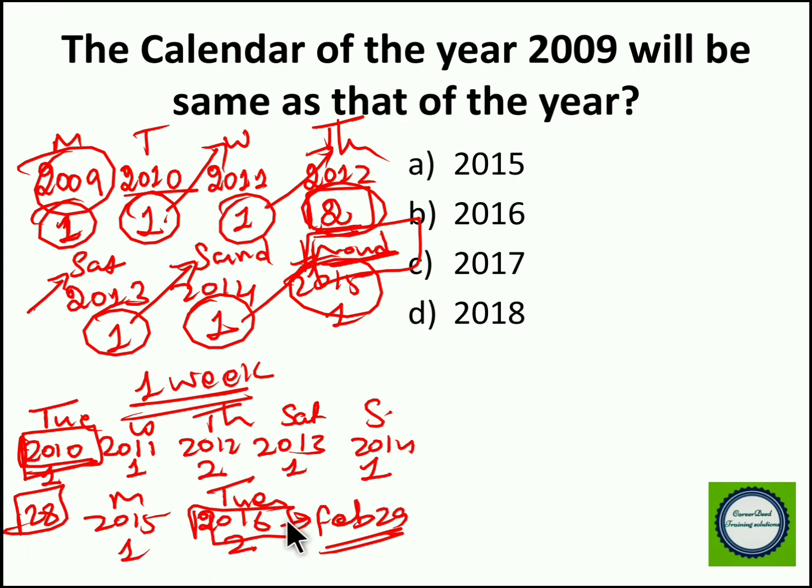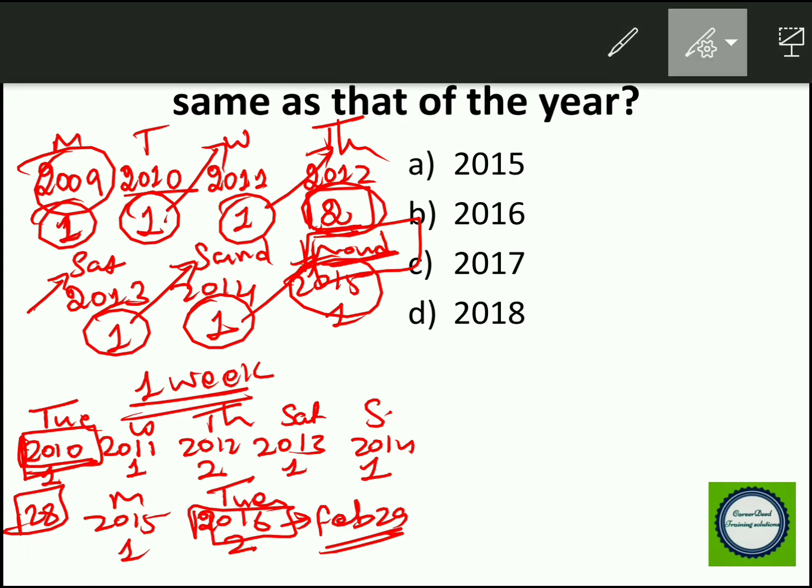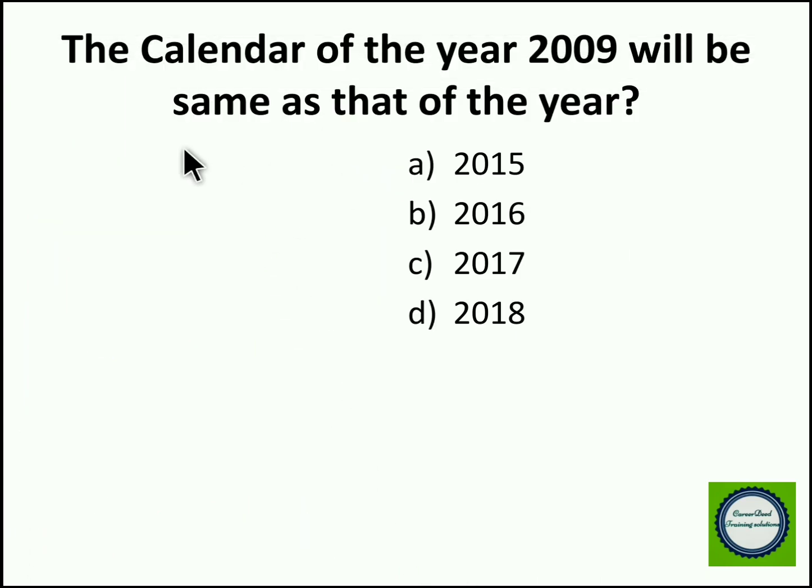For this type of questions, again you have to continuously process until you get a non-leap year. So it's a little complicated, right? So here I will explain to you what the trick is. Now this 2009 is not a leap year, right? So it's a really simple trick. 2009 is not a leap year. So when you divide this 9 by 4, because you have to check whether it is a leap year or not, right? So when you divide this 9 by 4, you get the remainder 1.